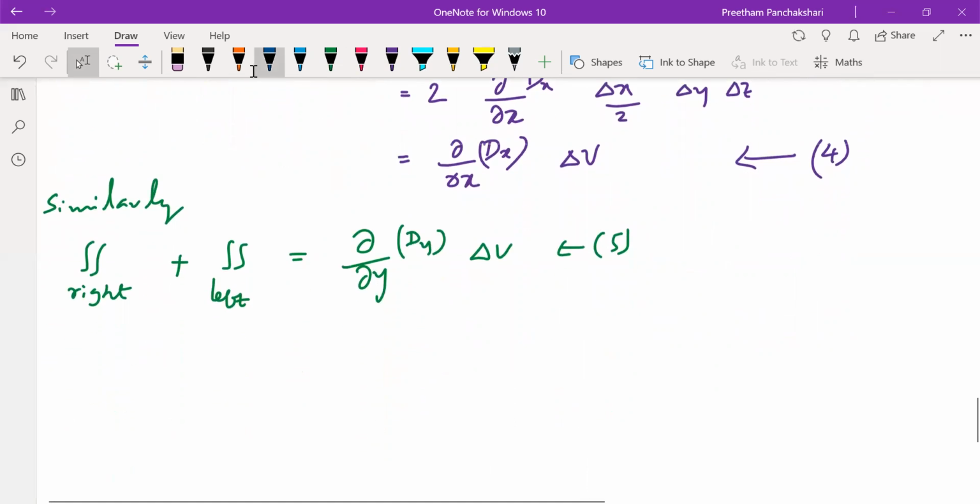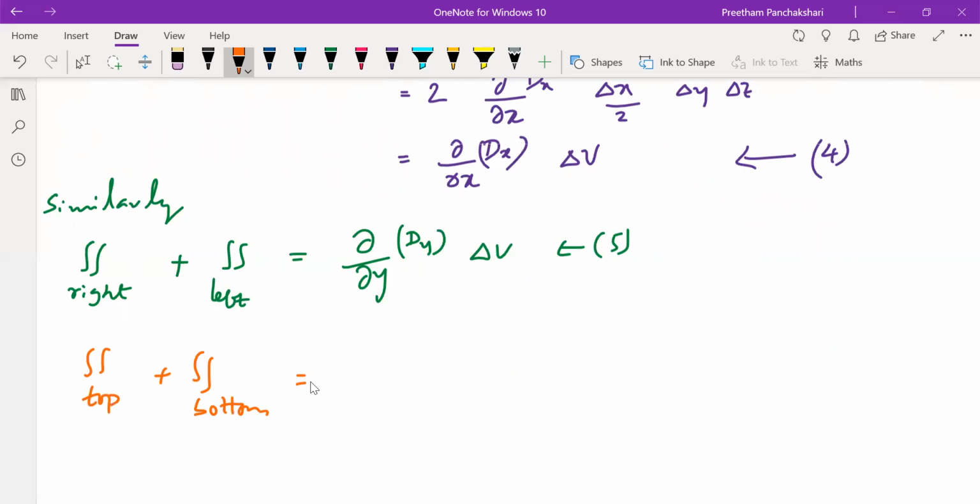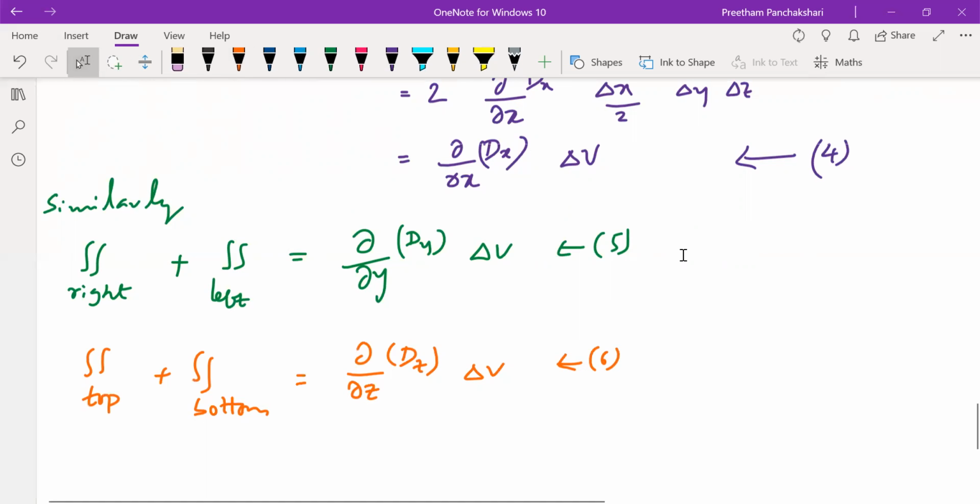Similarly, for the other pair, the flux through the top surface and bottom surface is equal to dou by dou z of dz into delta v. This makes equation 6. So we have equations 4, 5, and 6, which give the total flux passing through all the 6 faces. Now we should substitute these 3 equations back into